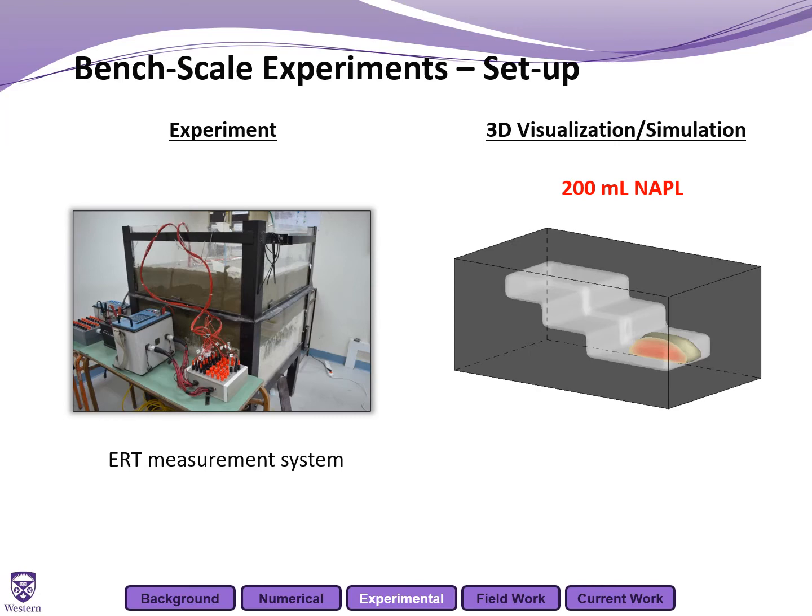As you can see here, following 200 milliliters of NAPL injected up to 400, the NAPL will prefer to stay and migrate through the medium sand, as it's unable to overcome the displacement pressure of the surrounding fine sand. So that gave us greater control of where the DNAPL will move during the experiment.